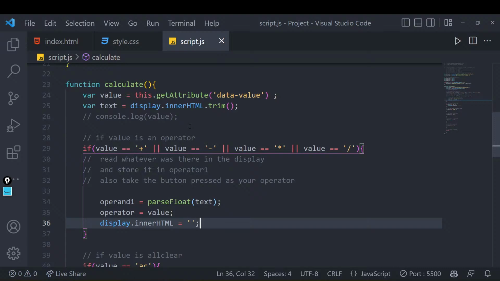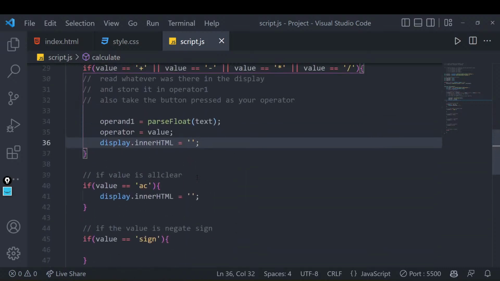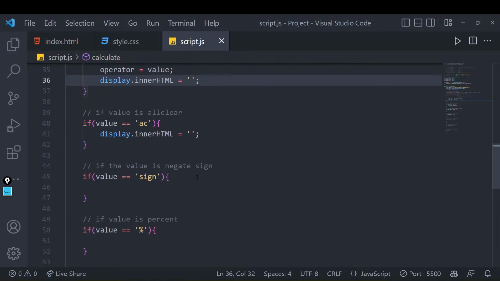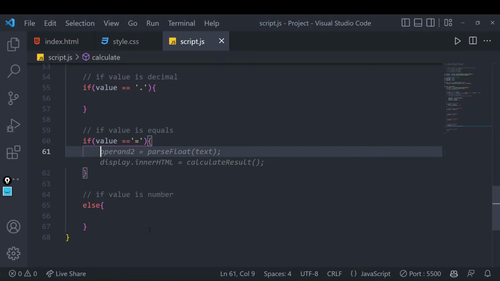And now I will let the user write the second thing for us. Now, how will I know at what point the user has entered the second part? It is when the user enters the equals to sign, right? So we will handle that equal to thing over here. We will say, if that part is done, if the user is pressing equal, that means he or she has entered the next number, or the next value. And how will we do that? We'll just do that by writing.